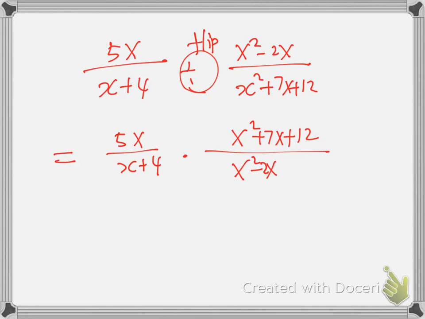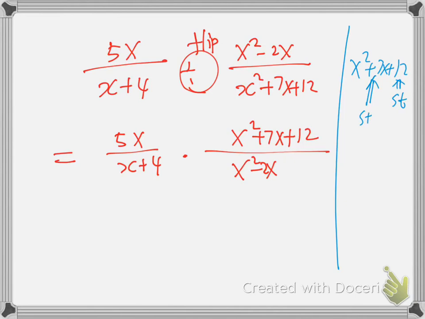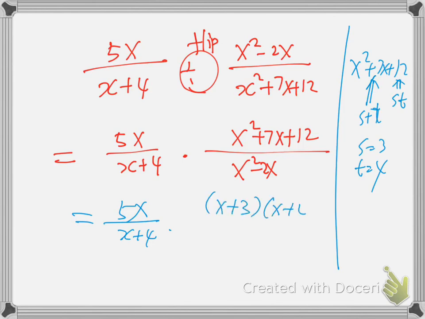For the top, we use s and t. The product s times t is 12, s plus t is 7. So s is 3, t is 4. We did it already, in our first or second example. So this is x plus 3 times x plus 4. For the denominator, x squared minus 2x,